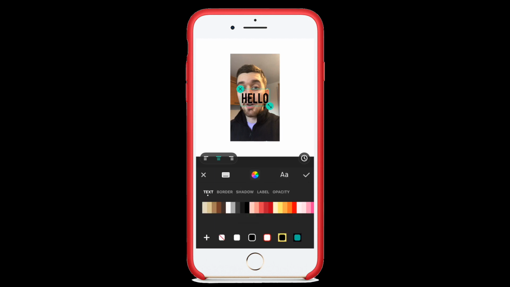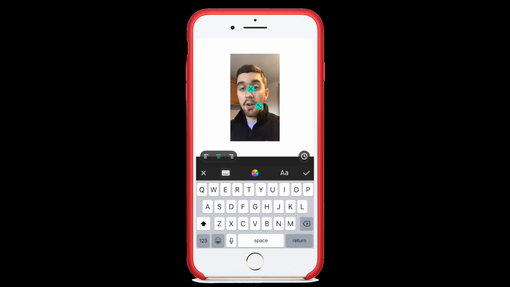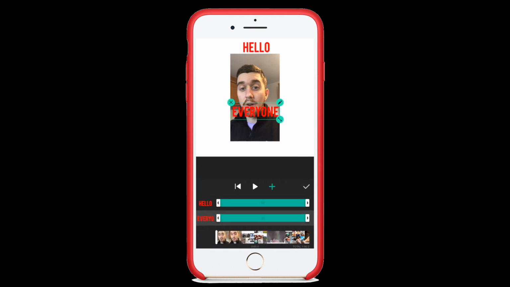Okay, you can change the color to whatever color writing you want. You can make it more stand out with a bit of red, and then you can just move it around on there. I'm going to press the little tick again on the right hand side. If you want to add another one, you press the little plus button, and then I'm going to write something else. Hello everyone. Okay, you can move this back down like so,